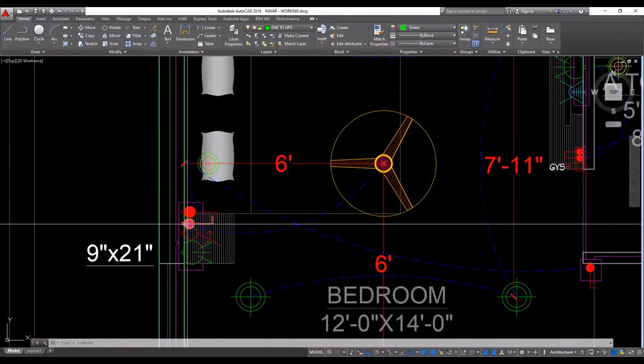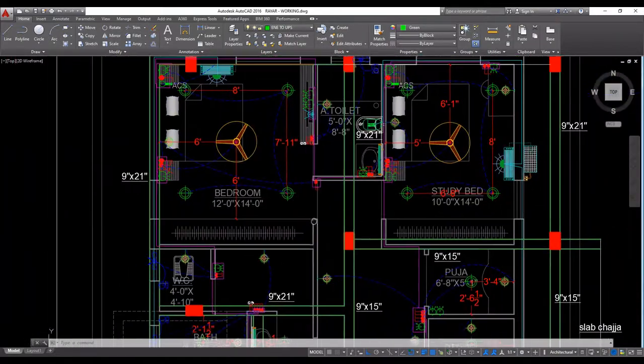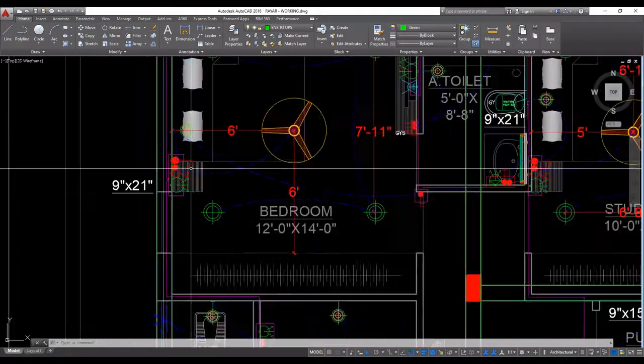This light is controlled by this switch and this switch. Already explained in the previous video.